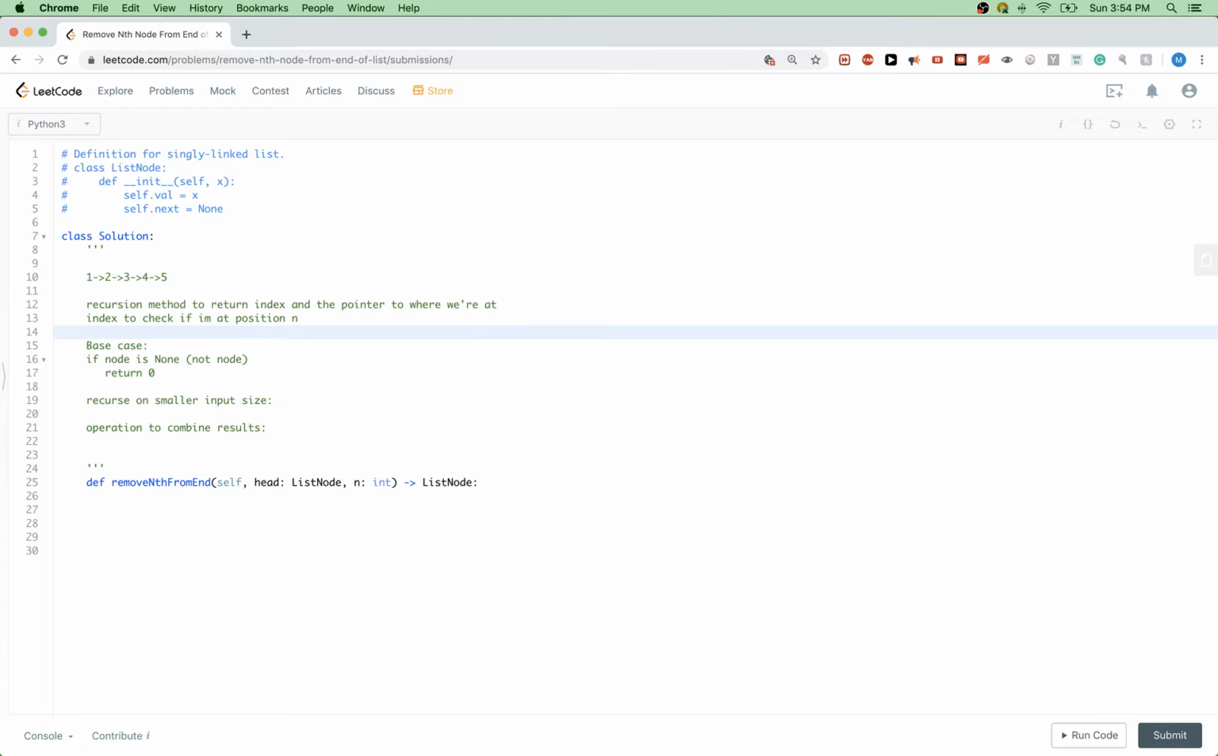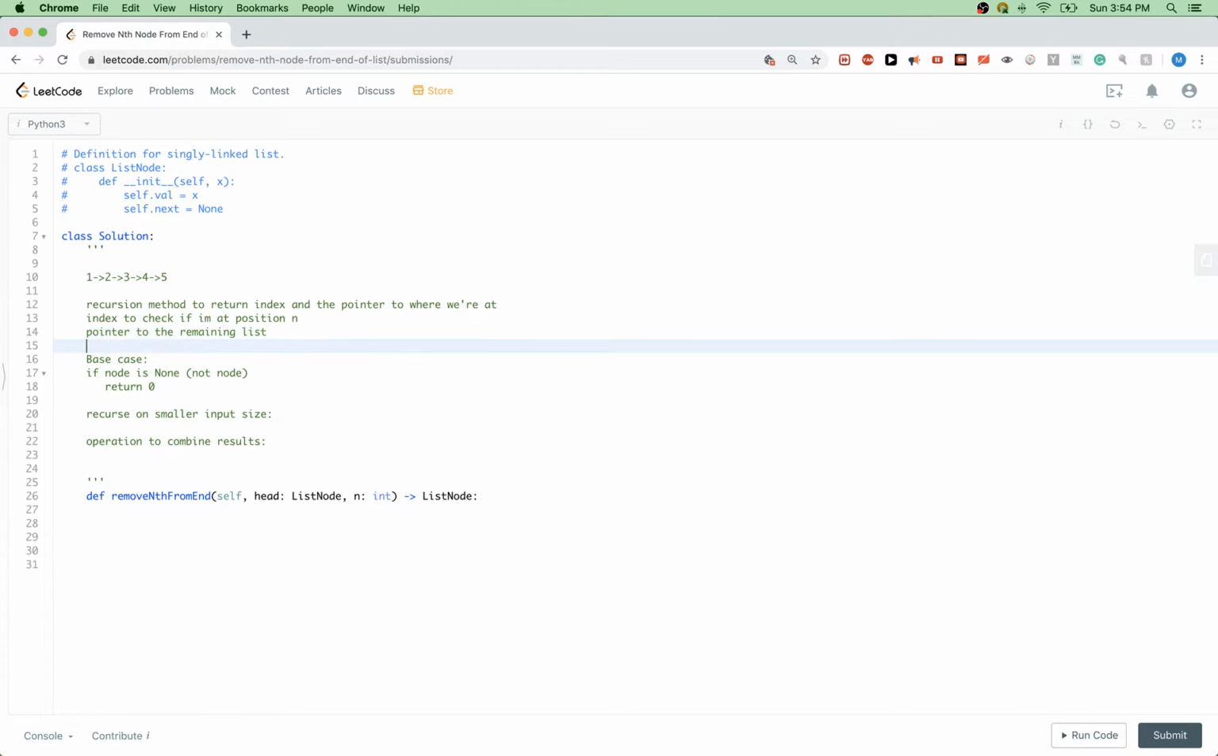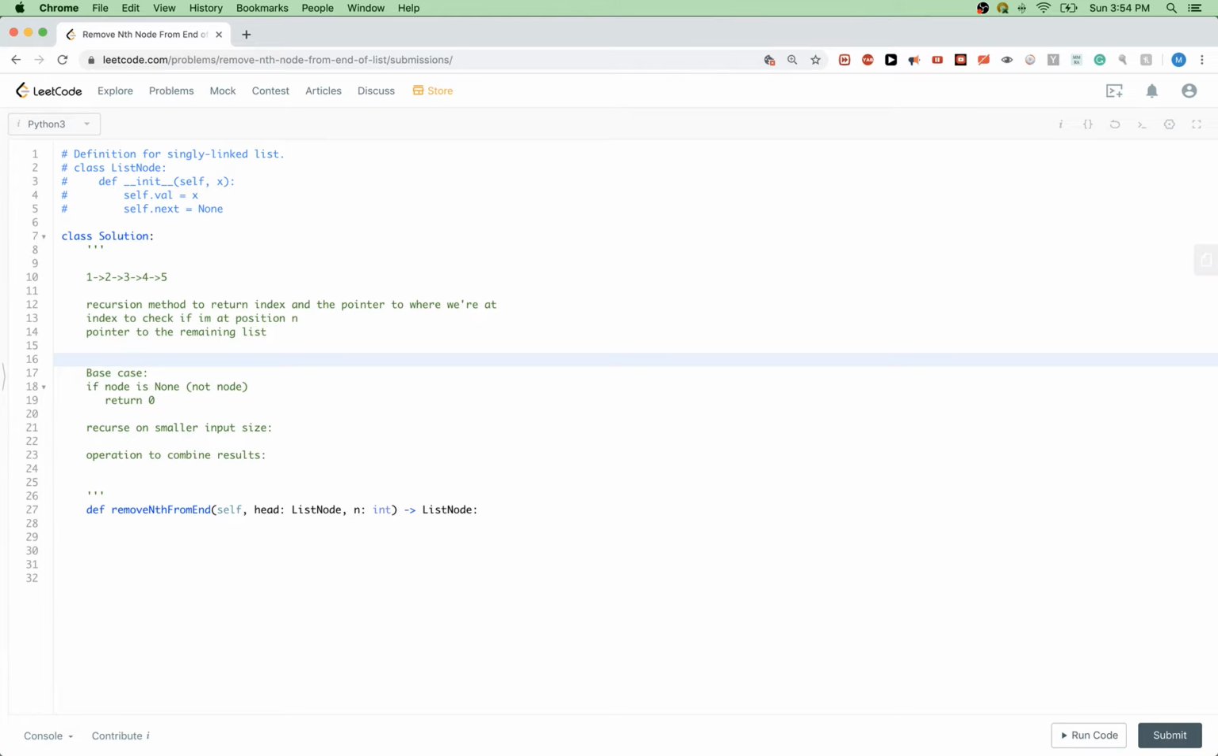And then I want a pointer to the remaining list, right? So I can recurse on the rest. Why am I doing that? Because I want to know when I reach n, I want to remove that node, because that's what I want to get rid of. So the way I'm going to remove it is just by not returning it, instead returning its next,